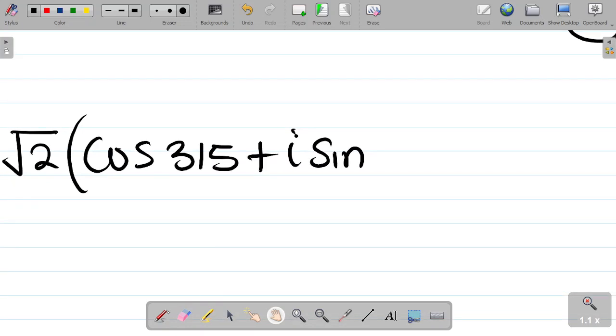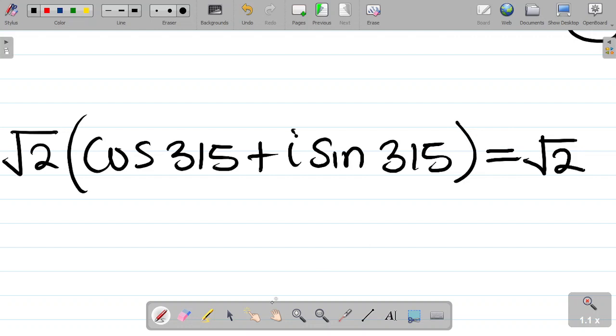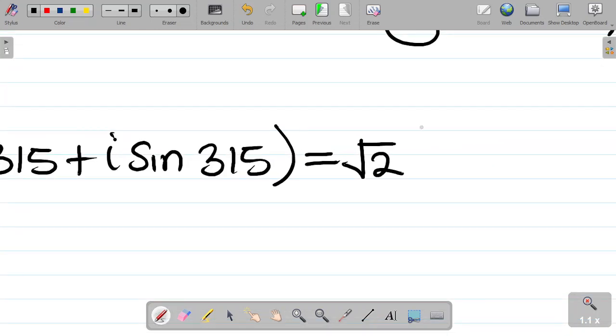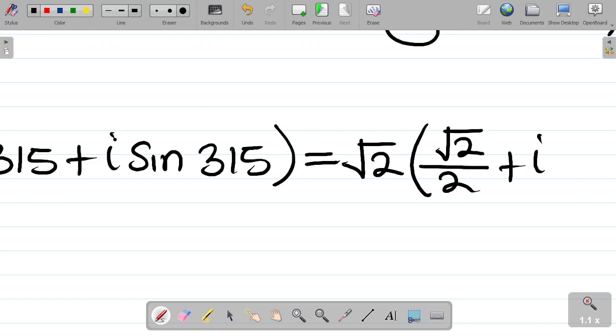Don't stress yourself. Becomes 315. So I have this. And this is equal to root 2 into, now take your calculator there, punch cos 315. If you punch that correctly, your answer gives you root 2 all over 2